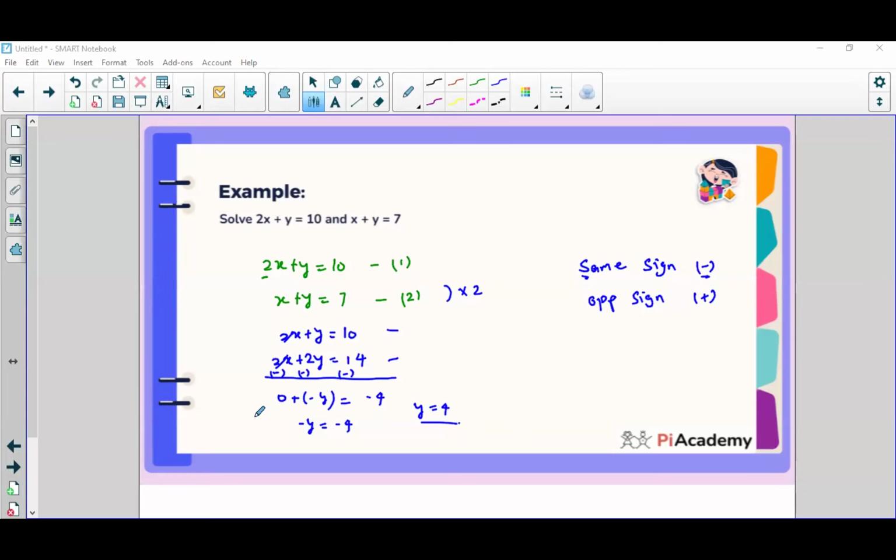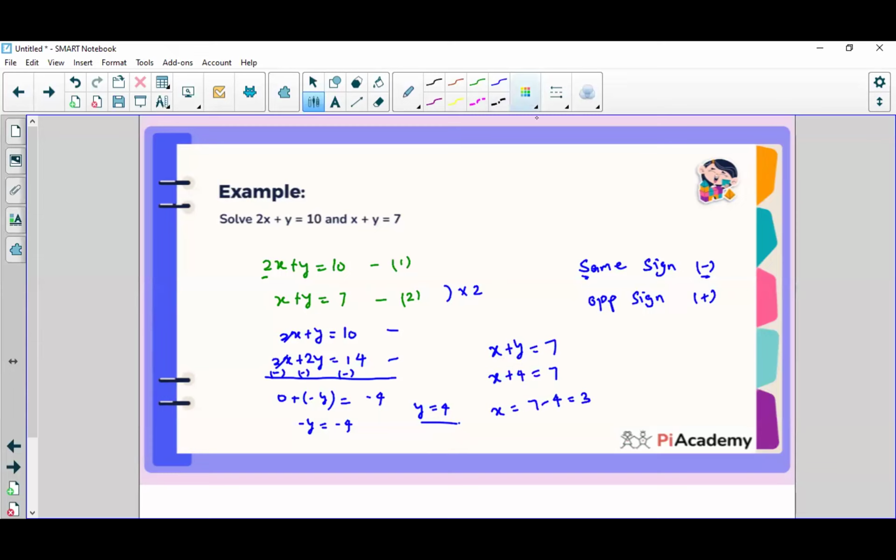I will substitute this value of y in any one of the equations, either in equation number 1 or in equation number 2, and you will find out the value for x. So for example, I'm putting it in equation number 2, which is x plus y equals 7. If you substitute y as 4 here, x plus 4 equals 7, and x equals 7 take away 4,